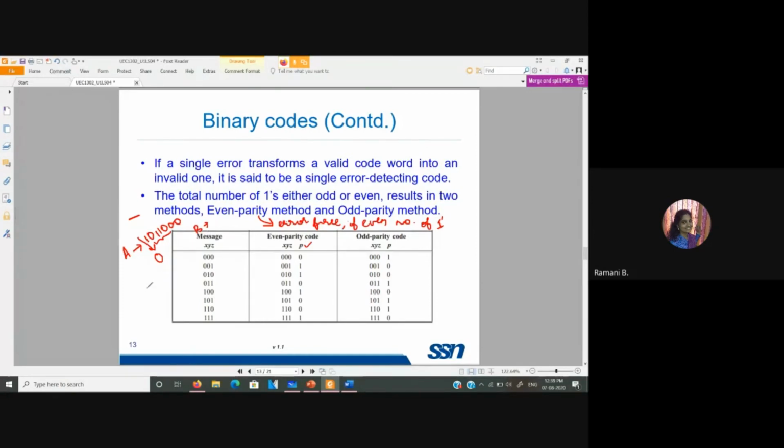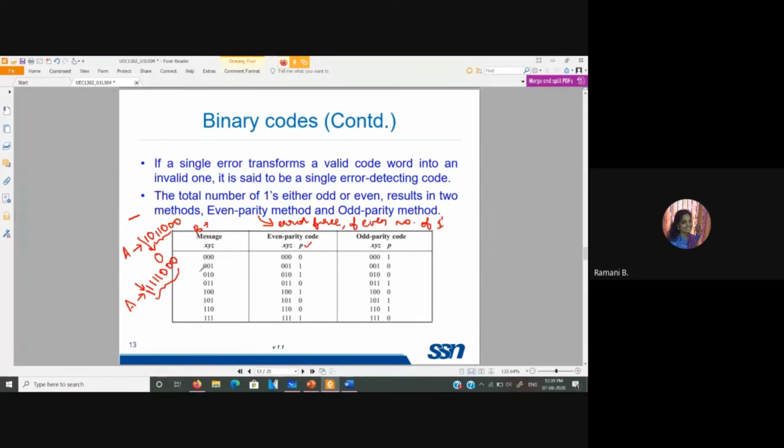If by some means any error happens in between and the receiver receives an even number of ones, then it is identified that there is an error. And if the message I want to transmit is like this, the parity bit value will be equal to 1 in order to make this an odd number of ones. That is the logic with respect to the parity bit.